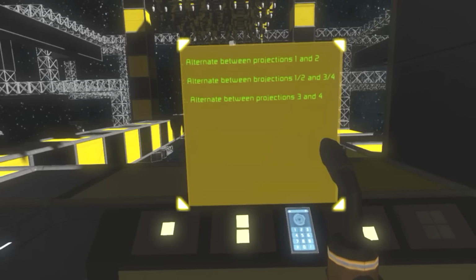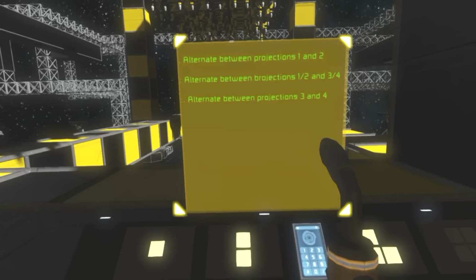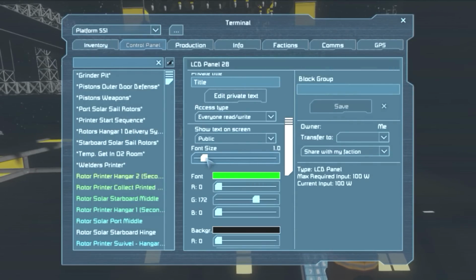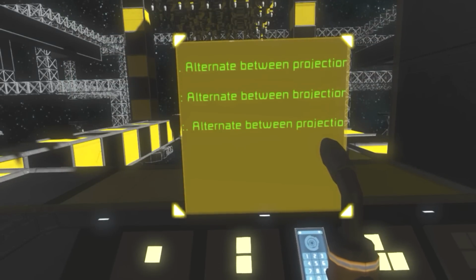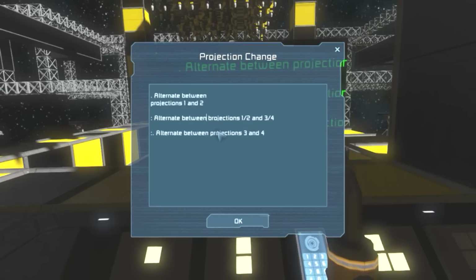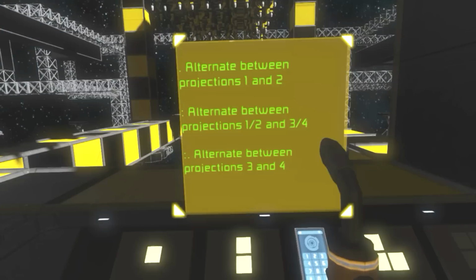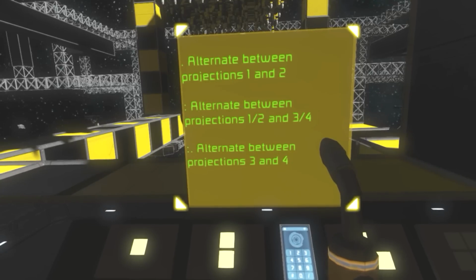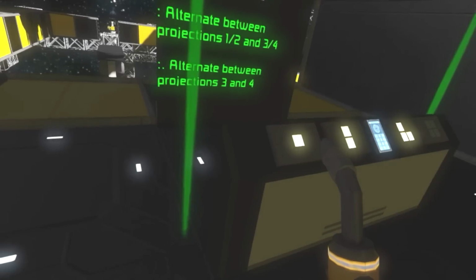Now, is that readable enough? I think it is. Might be useful to expand the font size by a bit. Let's go with, how about 1.5? And then I edit the public text and go like this between projections. That's interesting. Must have been a faux pas there. Okay. Projections 1 and 2. Between projections 1, 2, and 3, 4. Okay. So let's see if this...